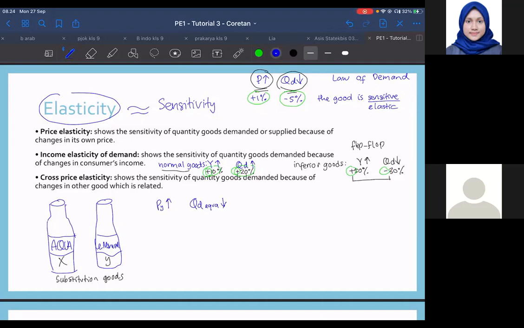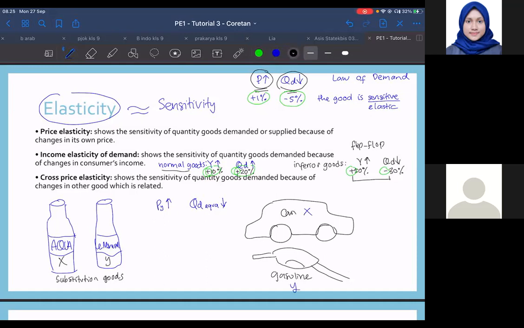And then next, you will also know what if we have two goods that are complementary. If the goods are complementary, maybe you have a car and gasoline. Here, car is good X, gasoline is good Y. If the price of gasoline increases, the quantity of cars to be demanded will... sorry, I think okay,